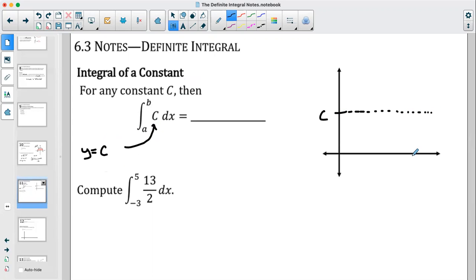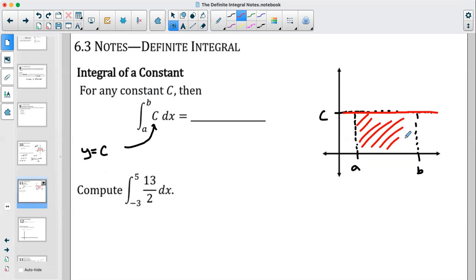So this is what my function looks like. Now I'm just going to pick some arbitrary a and arbitrary b. I'll draw the curve in a different color so that we can distinguish it from everything else. And from a to b, it's the only place that I'm actually interested in here, right? The integral from a to b of c. It's this area right here,